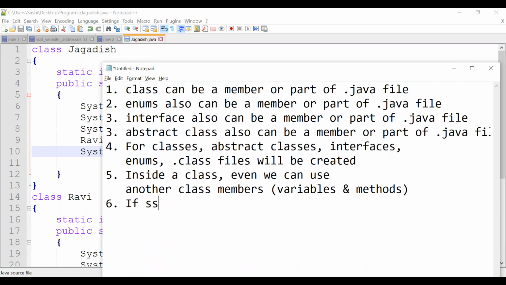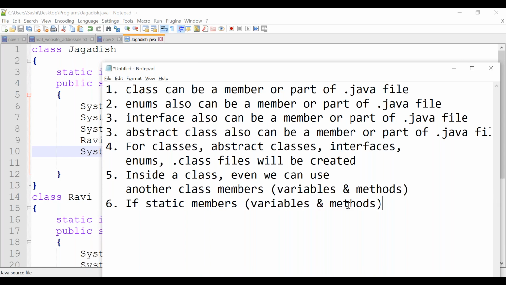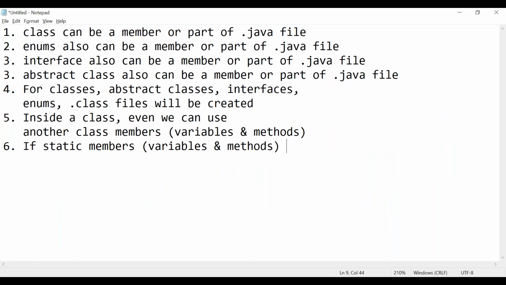Okay, if static members or class members are available in the same class, what can you do?